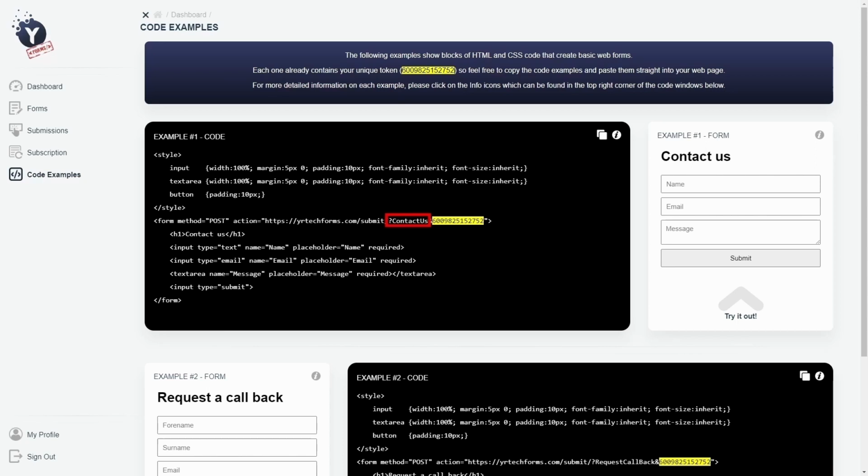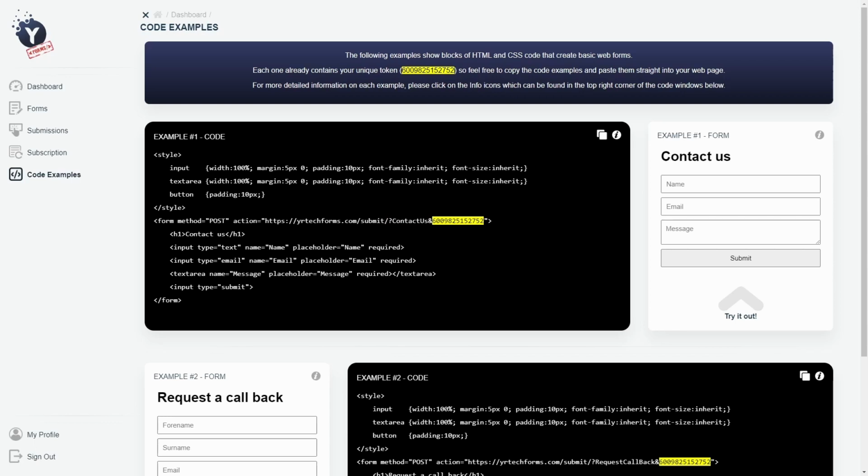This will become clear in a moment, but it's basically naming my form so that all submissions can be recorded correctly against the right form in the database. We'll get to that bit in a moment though. But that's it. With just these two attributes, method and action, I'm able to link an HTML form up to